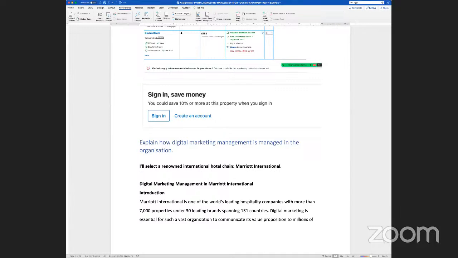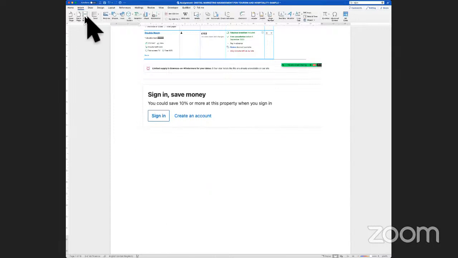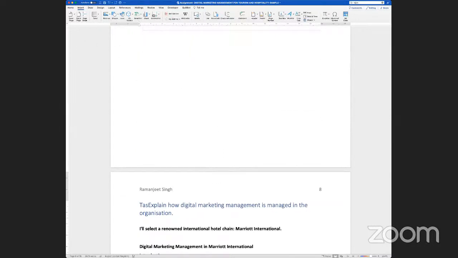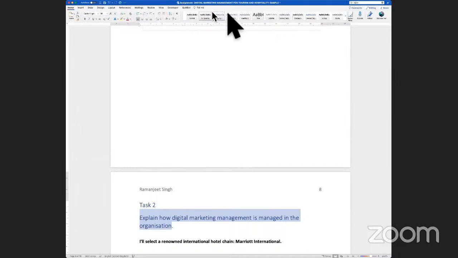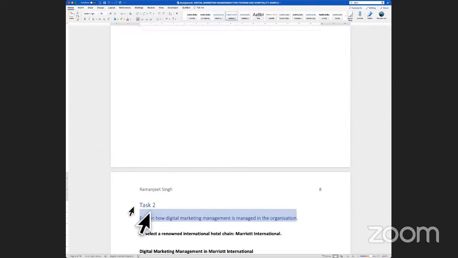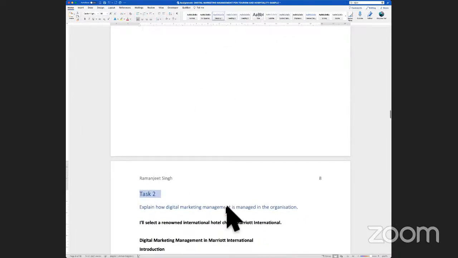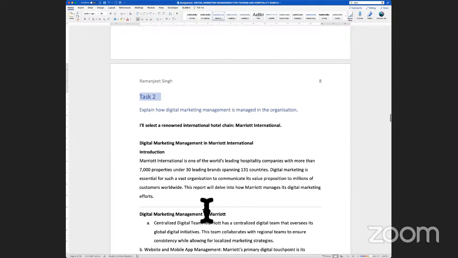Now, we'll go into the second aspect of it. This is where I would suggest that we break the document, so take it to page 2. And what I'm going to do is put task 2 here. This would become the second task that I'm trying to address now, and it would be clearly visible on the table of contents.